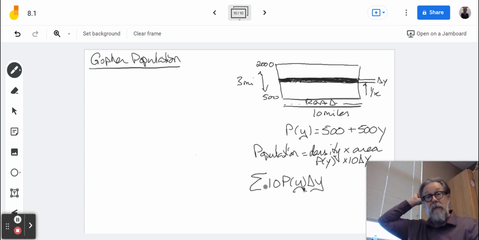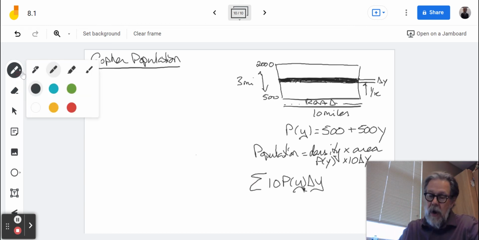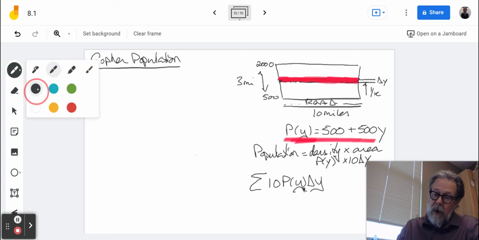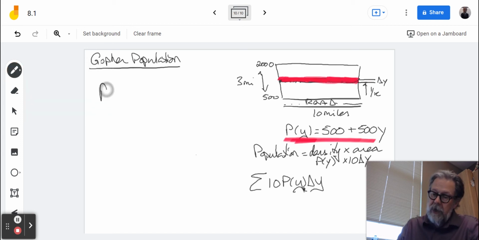And now I take the sum of all those. Notice that I could not, in this case, just take that and plug it into an integral. I have to think about, how do I find the population of that strip right there? Density times area, and then area is 10 times the change in the y value, which means that now I know that my population, I don't want to use P, my population,